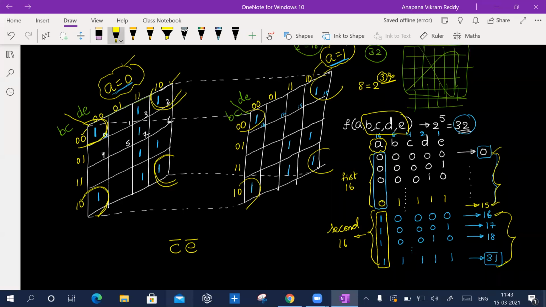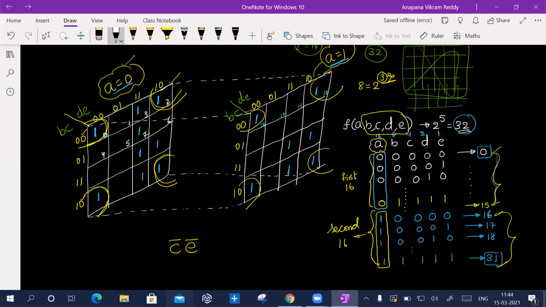See, the remaining things are the same. I mean, the remaining K maps, whatever they are, the solving is exactly the same. There's no big difference in that. I hope everybody understood. Just confirm this. Yes, sir. Okay. So C complement and E complement, okay? Now, anything else I have?